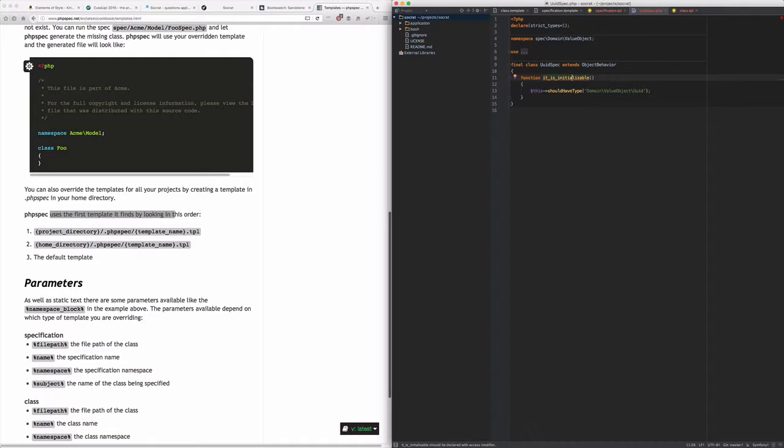After you initialize the class, it's your choice if you want to leave it or remove it. I actually personally like to keep this test because